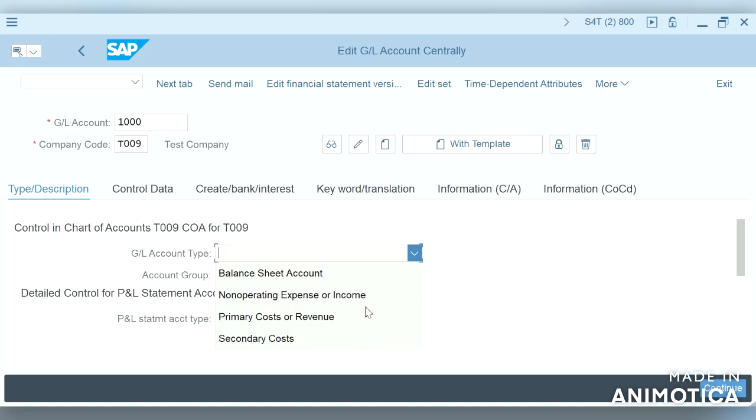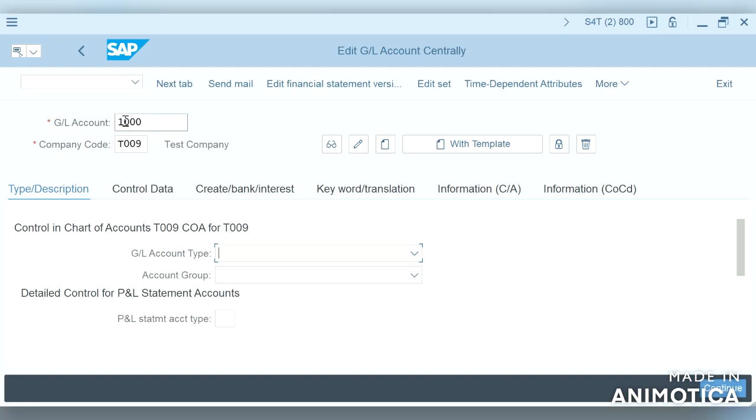So as we discussed, even the cost elements created in controlling are now created as GL accounts in SAP S/4HANA. So we will create a GL account and we move further and check.